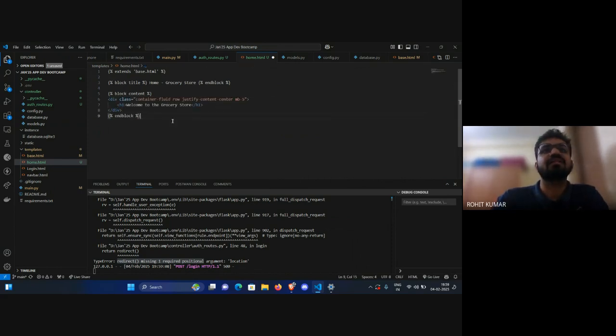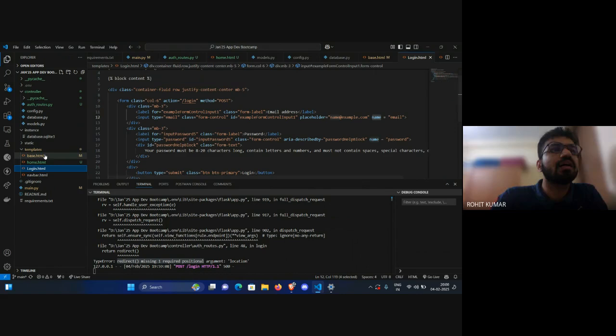We are putting in a very dummy template. We'll modify it later, but for now, in order for things to work properly,